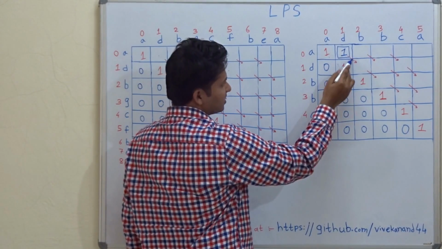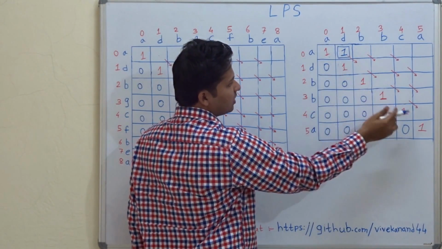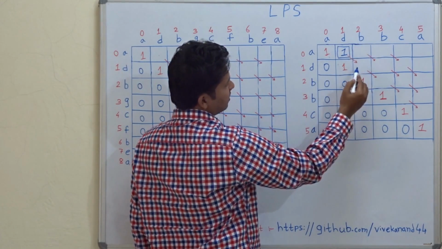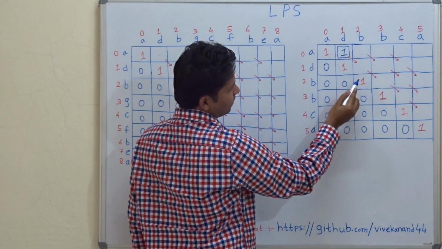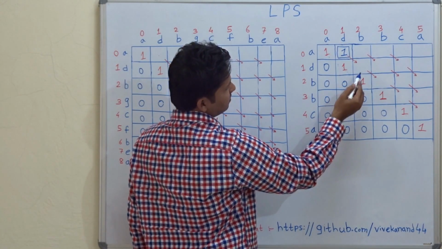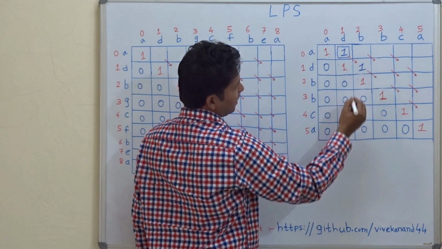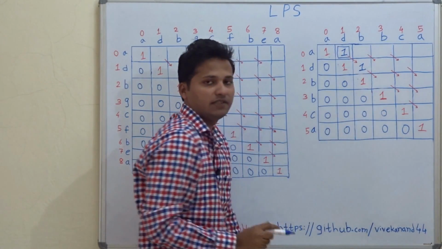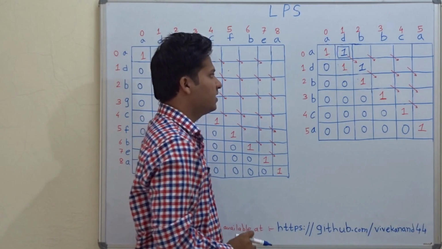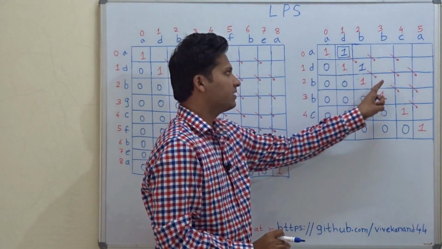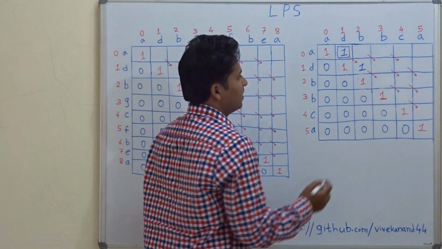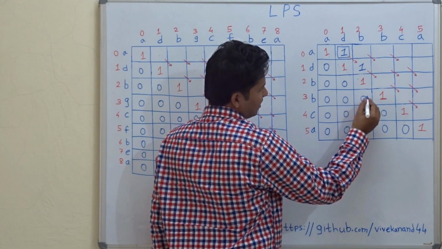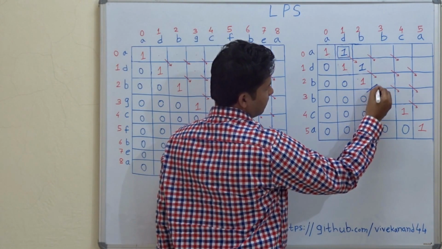Now let's go to the next cell. As you know, we move diagonally. So D, B, they don't match. So max of 1 and 1 is 1. Then B and B, yes, they match. So the second step is that when two characters match, then take the diagonally previous element, that is 0,